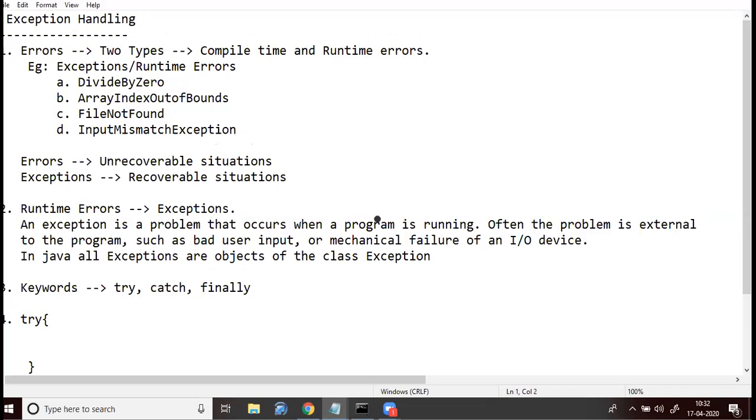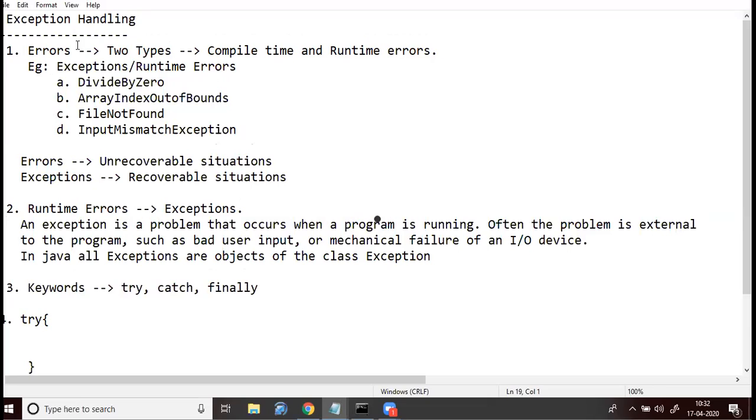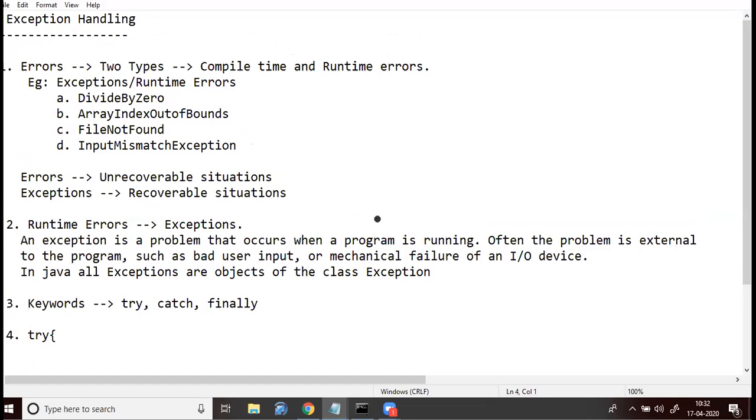First let us understand what is meant by exception and what is known as exception handling. You might have learned this in Python also. Basically, a computer program can create two types of errors. One is called the compile time error, the other one is called the runtime error.